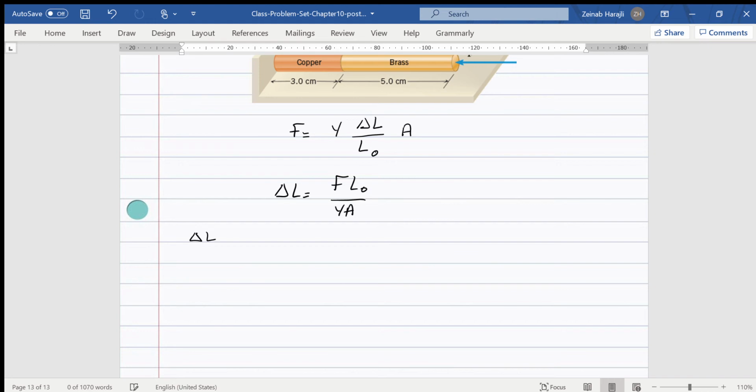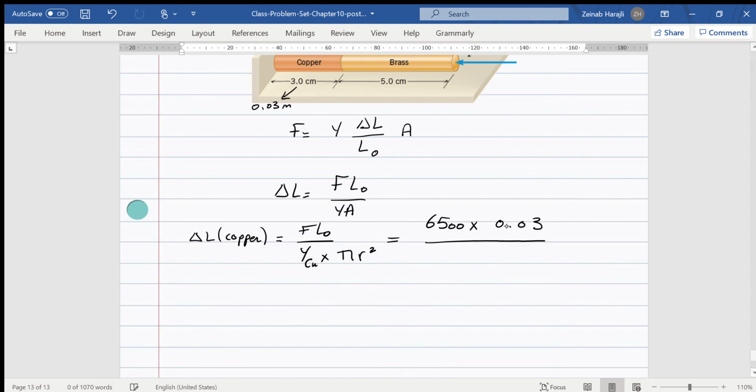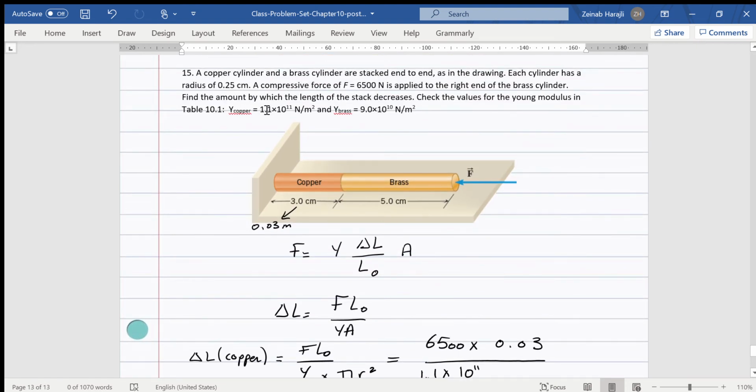So we start with delta L of copper, and it will be F L0 over Y of copper times the area, and like we said, this is pi r squared. So this will be 6,500 times the initial length, which is 3 centimeters, or 0.03 meters, over the Young modulus for copper, which is given, 1.1 times 10 to the power 11. You can see it right here,